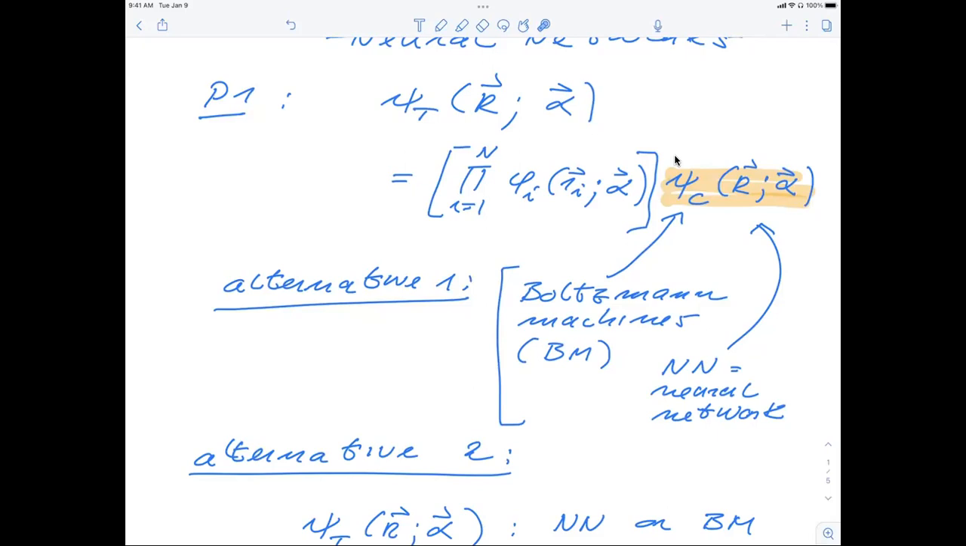So the way one can proceed is to let either the Boltzmann machine or the neural network figure out the correlated part of the wave function. Now, I should say that I've been involved with such calculations using neural networks, and neural networks give us something which is very close to what's called a diffusion Monte Carlo